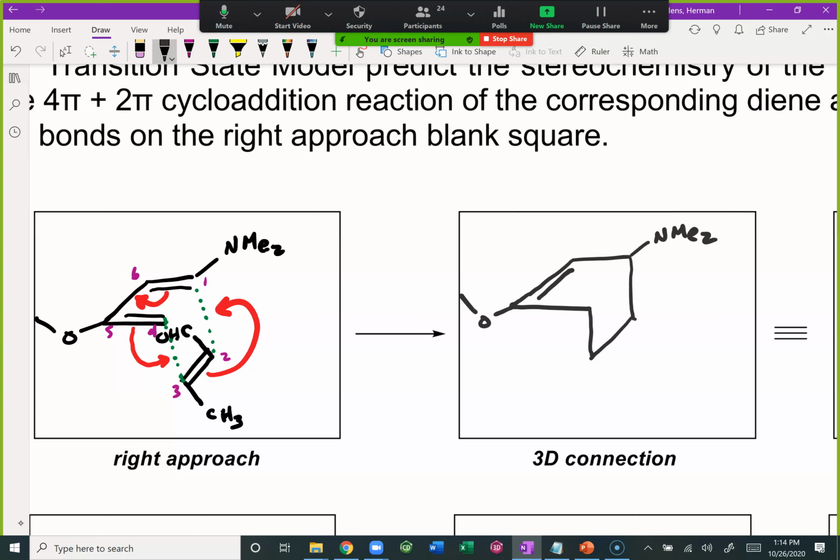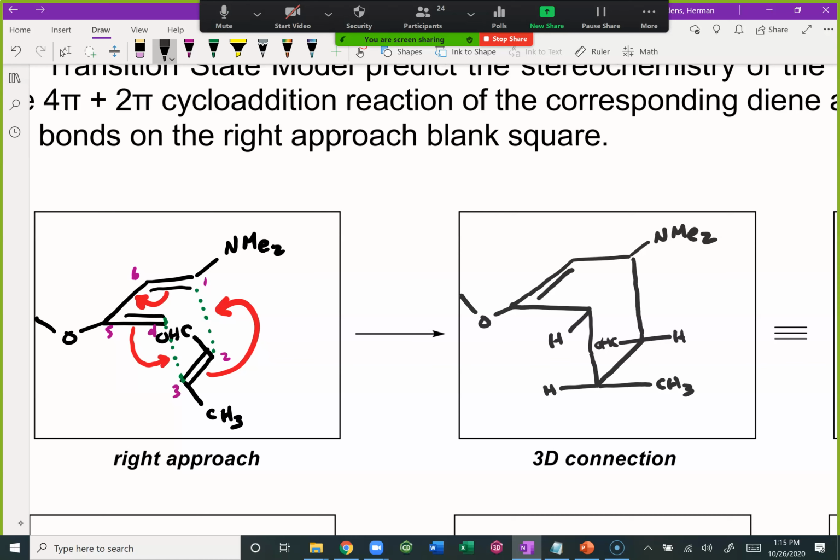notice what's happening here. I have an H on this side that is invisible. Now I'm going to make it visible. And I'm going to put inside here my CHO group. It's kind of like on the way. Hold on a sec. Let me make this a little bit better. Out of the way, so I'll make it a little longer. That's better. CHO right there. An H here. I had a CH3 on the right side and an H on the left side. Do you see that? All right. There is an H that is going to be parallel to the